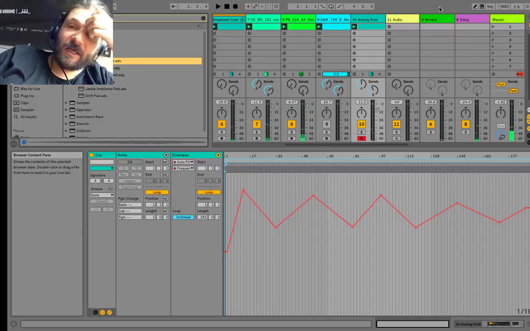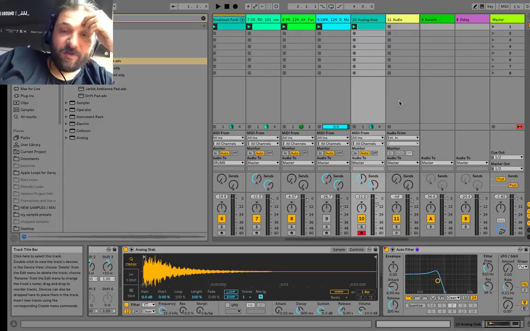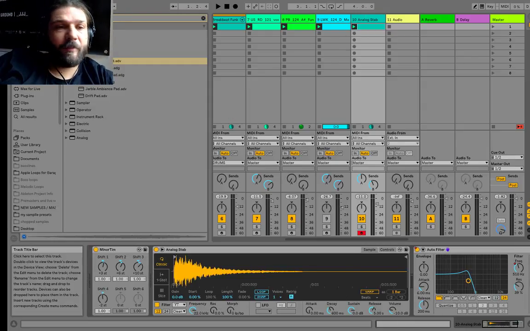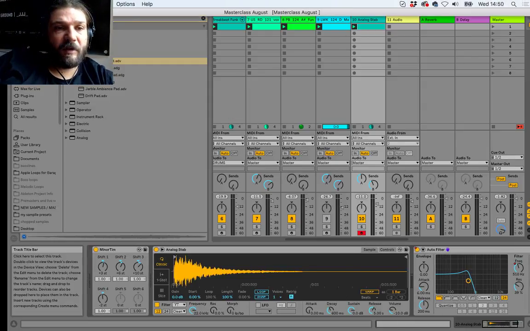Okay, so I'm going to use that again, and I'm just going to double make sure that everything coming out of here is in key on that stab. But first let's create